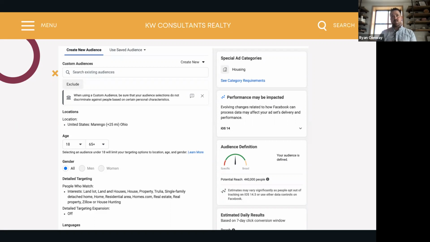Since Marengo is a little bit more rural, I wanted to be able to target Marengo itself, but also pull from Mansfield and from inside of Columbus. Last time I advertised a property in Marengo, it was a 1,600 square foot new build, no garage, on 5 acres of land. It was hilarious, the reactions I got from people on that. I would know if they were coming from Marengo or Columbus based on who they responded to, because the people in Marengo said, wow, the price is ridiculously high, you don't even get a garage, and it's just down the street from trailer parks.